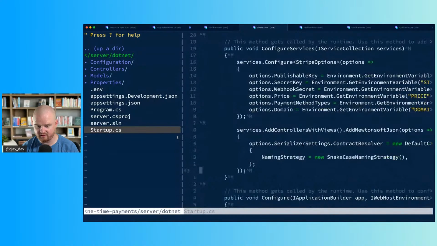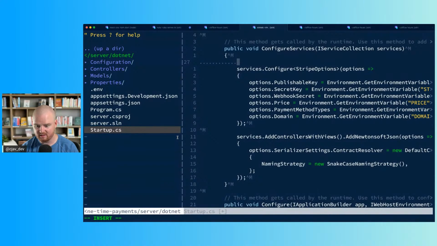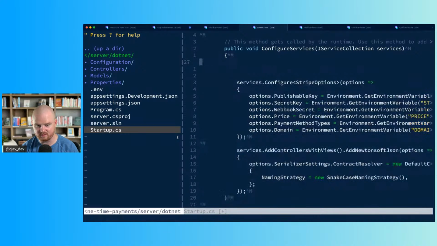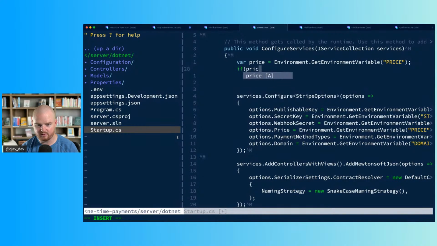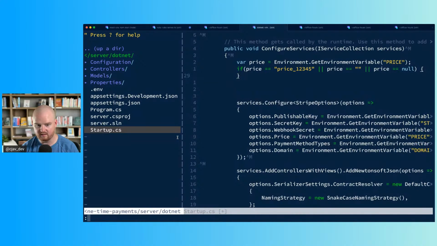So here we're configuring the stripe options like injectable thing, but I think before this even happens, we can say something like var price is equal to Environment.GetEnvironmentVariable price, and if price is equal to price 1, 2, 3, 4, 5, or price is equal to nothing, or price is equal to null, then we say